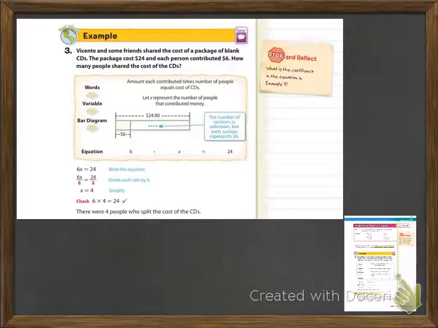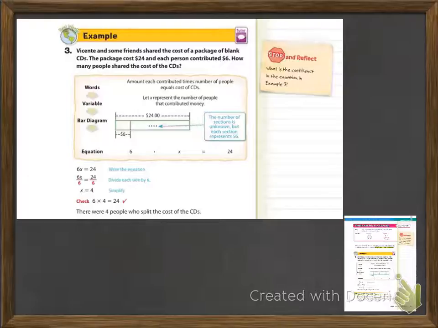purchased some blank CDs. So they shared the cost, which means they split up the amount that it cost. So they split it up evenly. So it tells you that what the CDs cost was $24 total, and each person put in $6. How many people shared the cost of the CD? By completing this algebra problem, we'll be able to figure out how many friends Vincent shared the cost of the